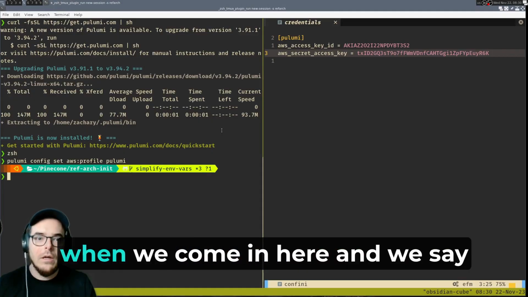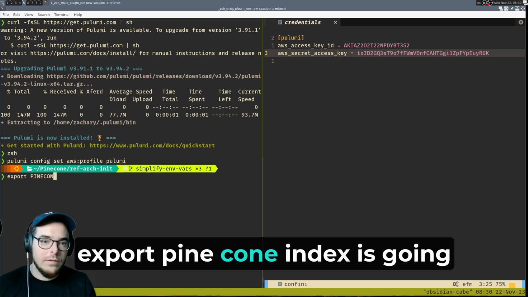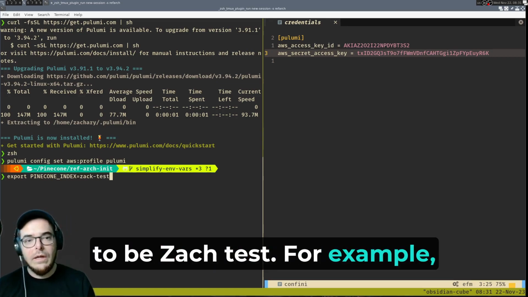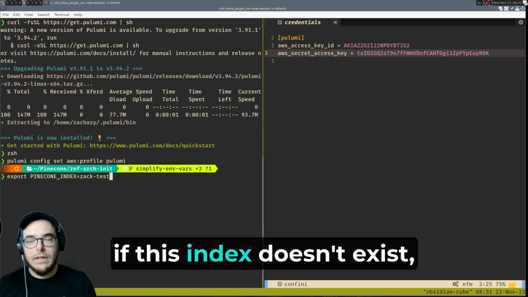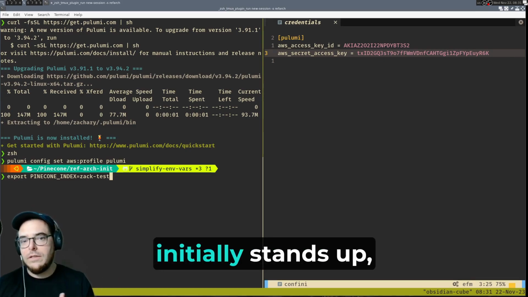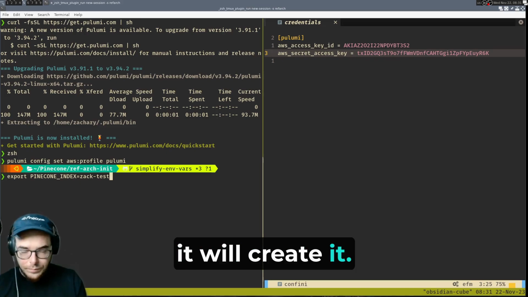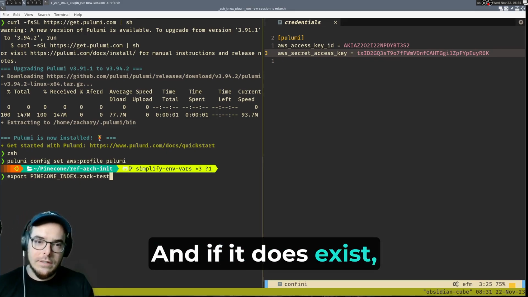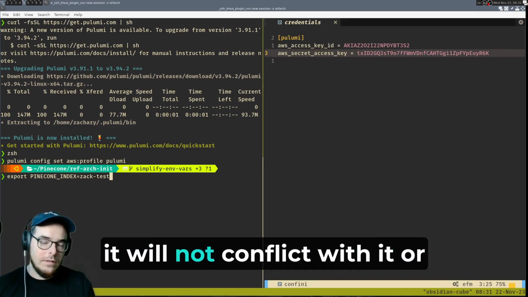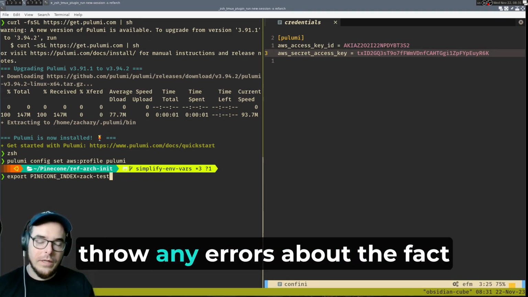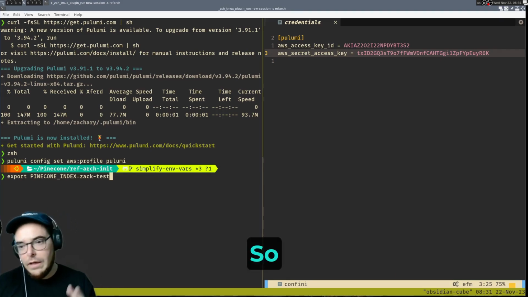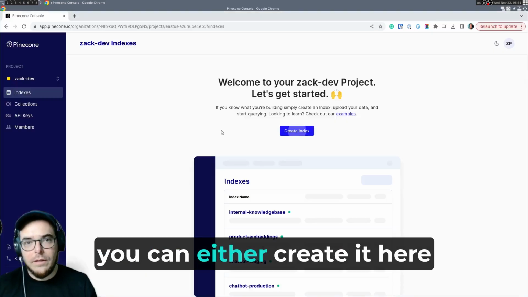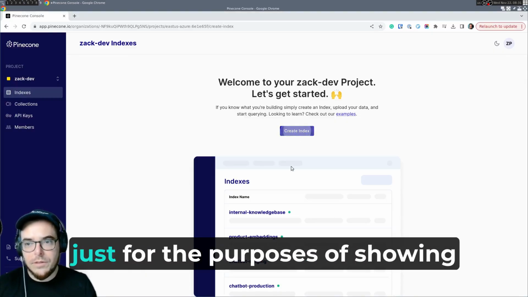For example, when we come in here and we say export Pinecone index is going to be Zach test, if this index doesn't exist when the reference architecture initially stands up, it will create it. And if it does exist, it will not conflict with it or throw any errors about the fact that it already exists. So you can either create it here manually, as we're going to do just for the purposes of